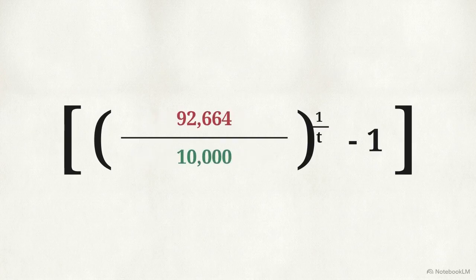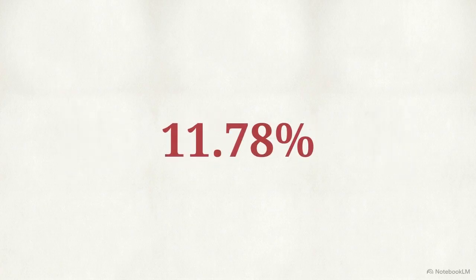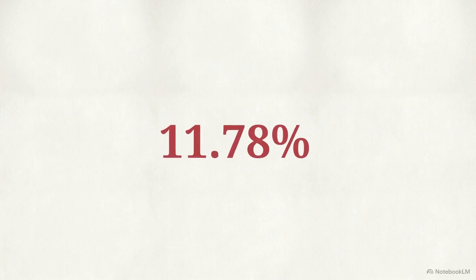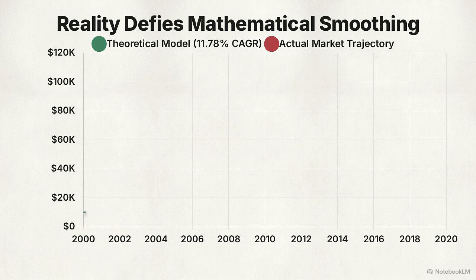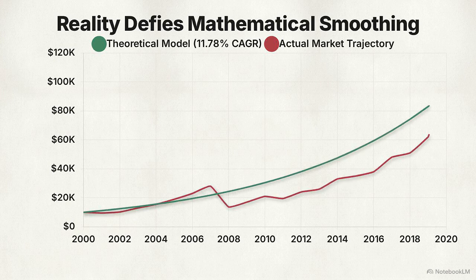When we plug our empirical starting and ending numbers, along with our 20-year time frame, into the equation, we get a final rate of 11.78%. This 11.78% is the theoretical constant rate that would have been required to reach the final sum, assuming a universe with zero volatility. But when we superimpose that mathematical theory directly over the empirical data, the gap between the formula and the lived reality is exposed.